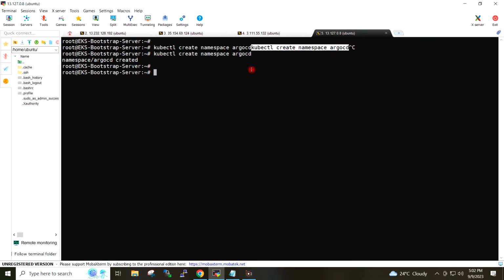Okay, so namespace for the Argo CD has been created. Let's apply the YAML configuration files to Argo CD. I will give the command for that.